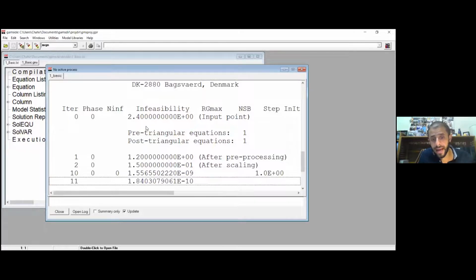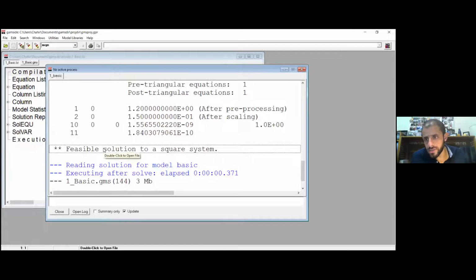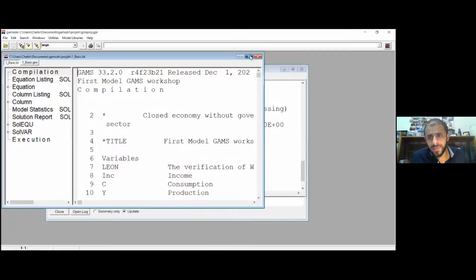I make sure through the fact that my left-hand side is equal to my right-hand side, and that there is no difference between them, given that the overall performance of the model shows that I have 0 infeasibility, which is measured by this line. And then we see that we have a feasible solution to a square system, as you can see. If we go back to the listing file, the LST,